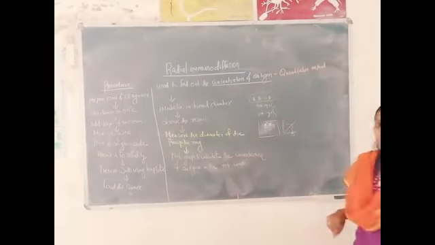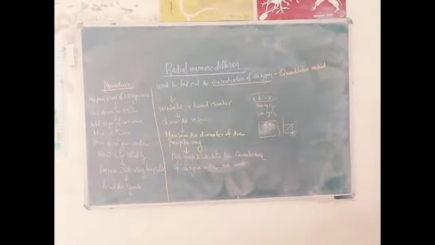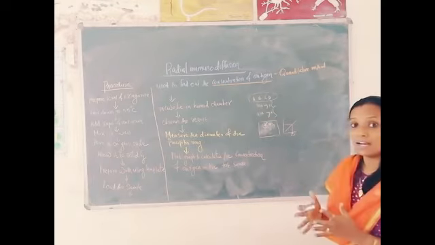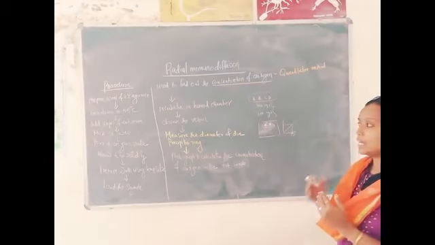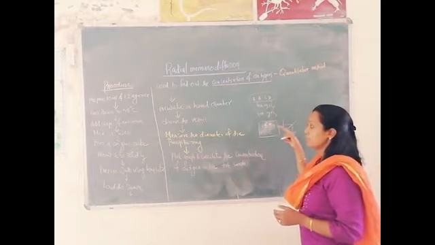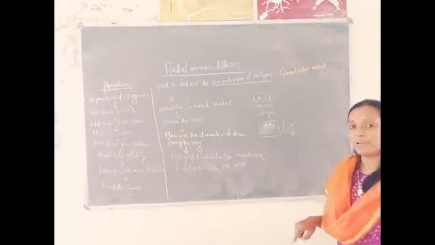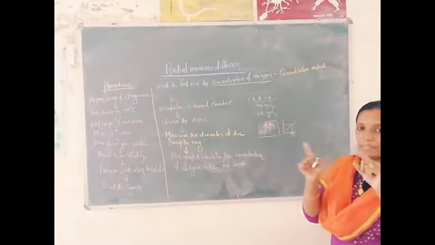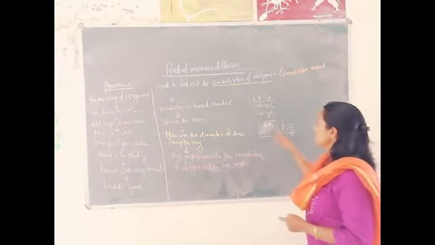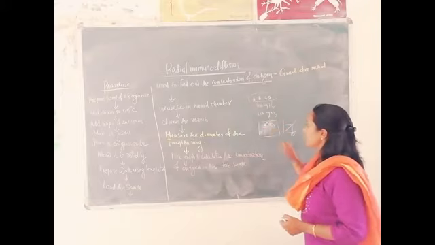Radial immunodiffusion I also taught you in theory, so you should have an idea about it. In radial immunodiffusion, the antigen you load into the well will diffuse radially and distribute in the agar. What is there in the agar? Agar has antibody. So antigen and antibody react together, and finally you can see a precipitin ring around the well. In the case of double immunodiffusion, it is not a ring. You can see a precipitin arc. Three differently shaped precipitin arcs can be seen, whereas here it will be a precipitin ring around the well.